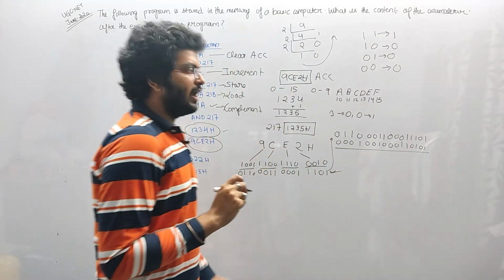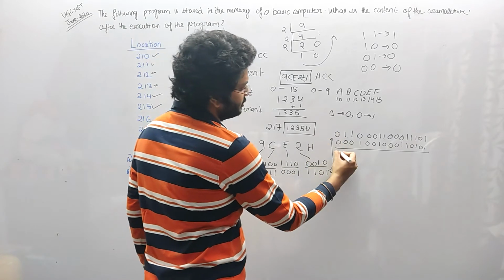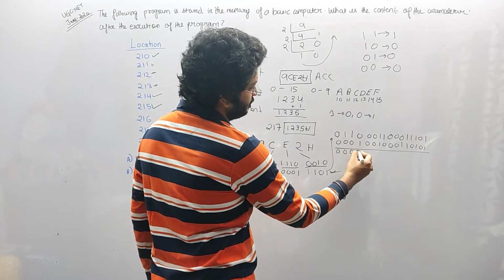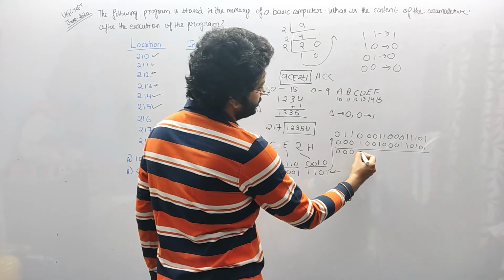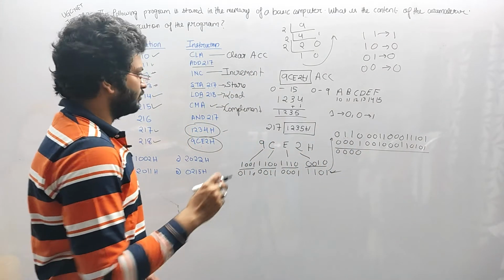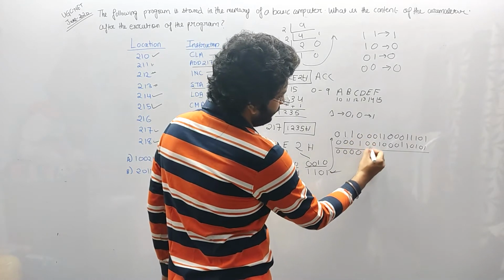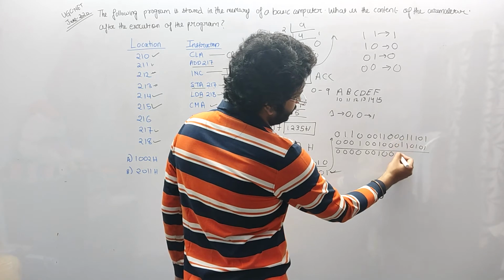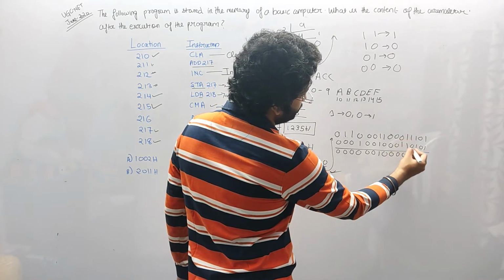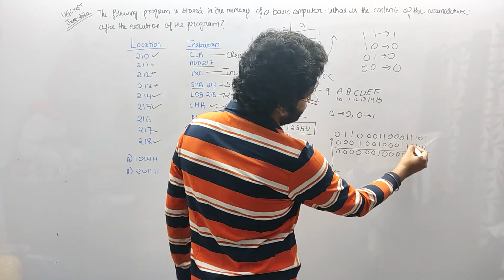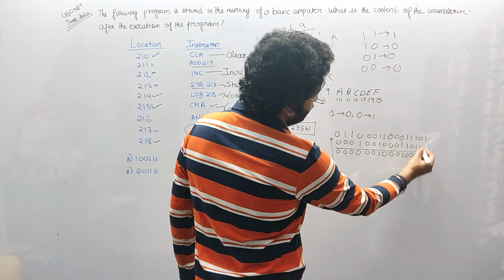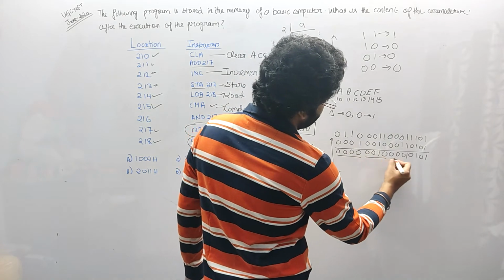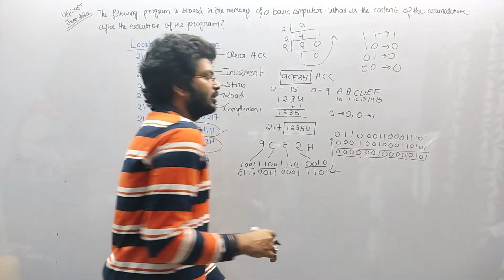AND operation, basically ANDing. 0 and 0 is 0, this one is 0, this one is 0, and this one is also 0. So basically, okay, fine. Now this one is also 0, this one 0, this one 0 0 0 1 0 0 1 1, this is 1 0 0 1 1 1, 0 0 0 and 1 1 1, taking in bits of 4 for simplicity. I got it in binary.